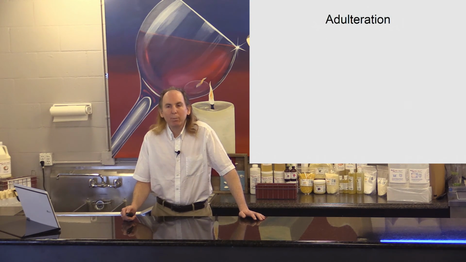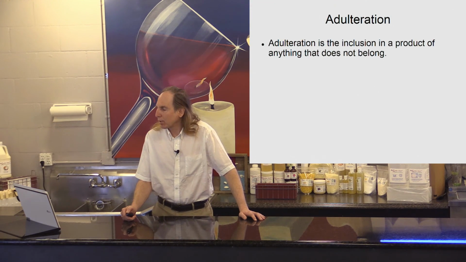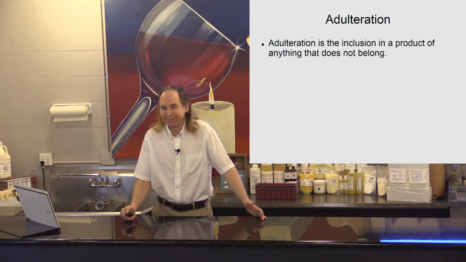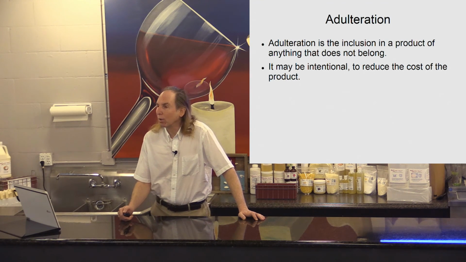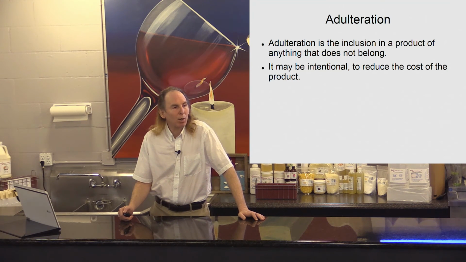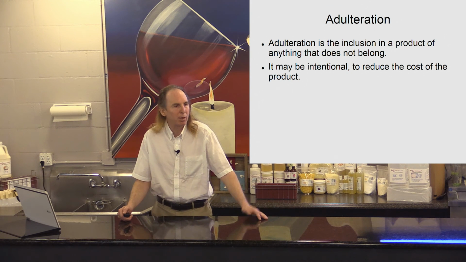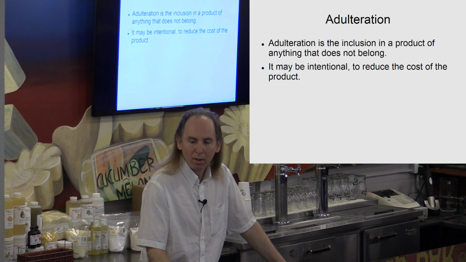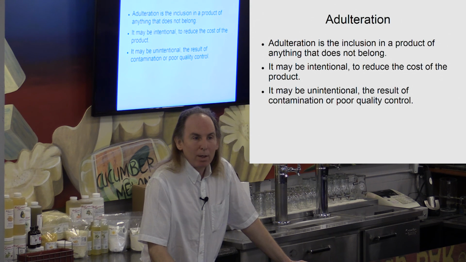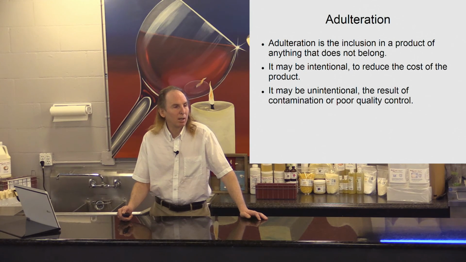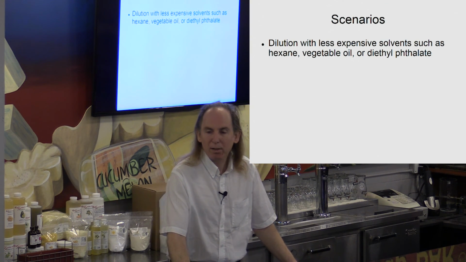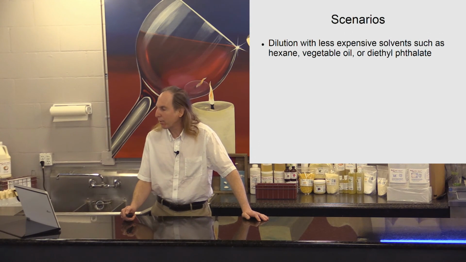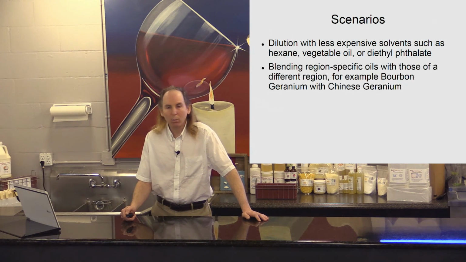So what do I mean by adulteration? Adulteration is the inclusion in a product of anything that really doesn't belong in the product. So it might be intentional. It might be a supplier trying to cut costs by selling you something that's only 50% what you think it is. It might be unintentional. Maybe as a part of the processing, there's something introduced into the oil that doesn't belong there. So we could have dilution with less expensive solvents like hexane or diethyl phthalate. We could have blending with